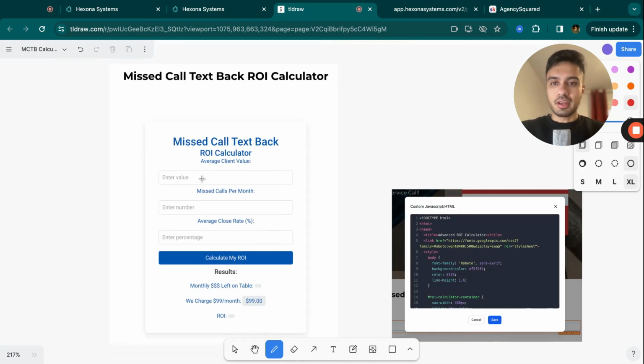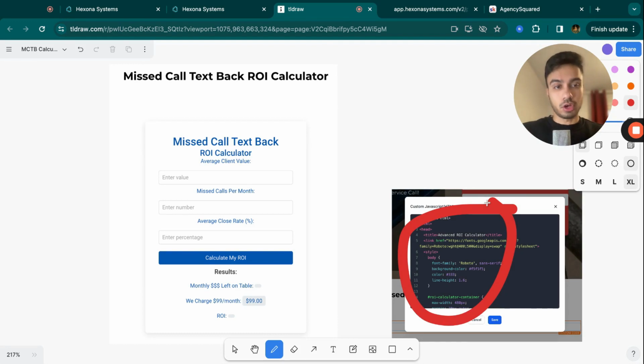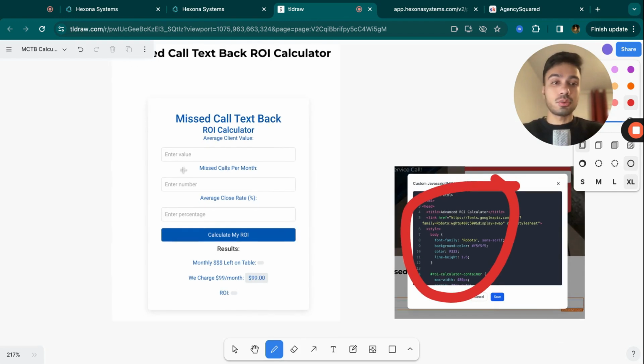So what I did was I made a calculator, and I provide you with the snippet of code so you can embed this onto your website, your landing page, or your demo account. Then you can run the numbers with them and work out exactly what the ROI is going to be. I'm going to take you through some examples right now.